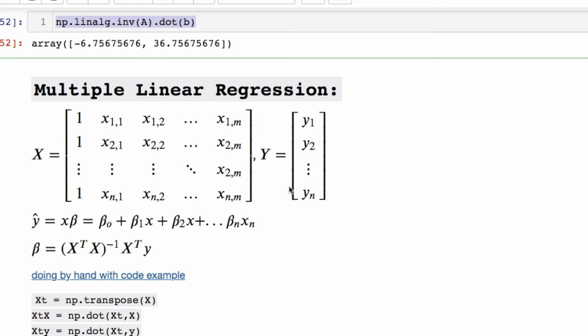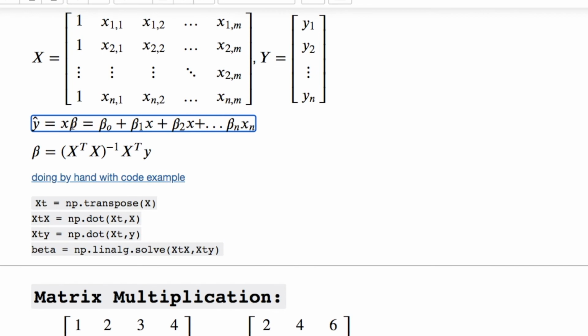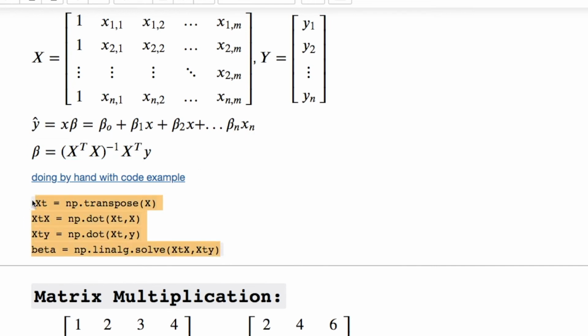NumPy allows us to do multiple linear regression as well, which is pretty cool. So I hope you noticed this if you watched any of my previous videos, or if you've ever seen linear regression. Here we go in the matrix form where you can solve for your beta, and if you were to do this by hand, it would look just like this, for instance. And if you click this link, you could see the expanded form where they fulfill the whole linear regression task instead of just finding your betas. They do the whole rundown in this example.